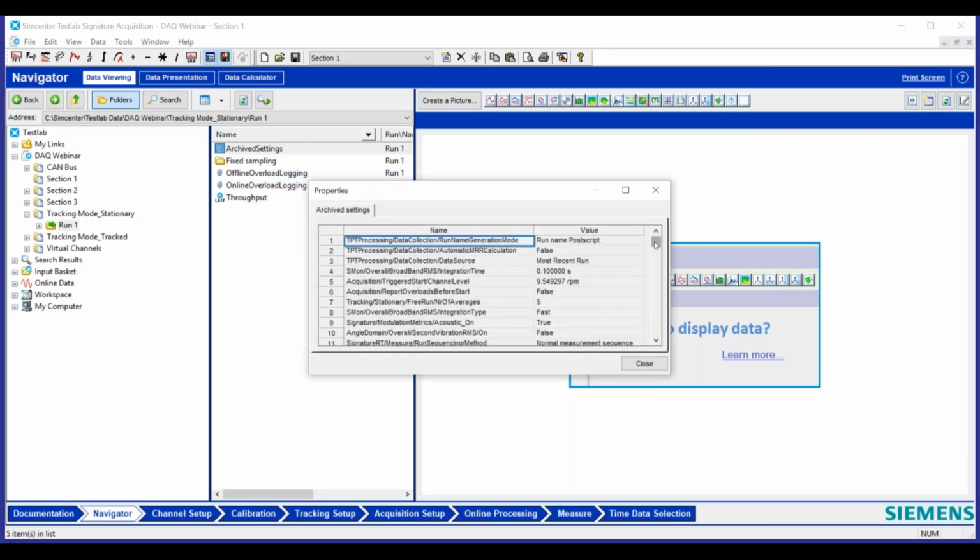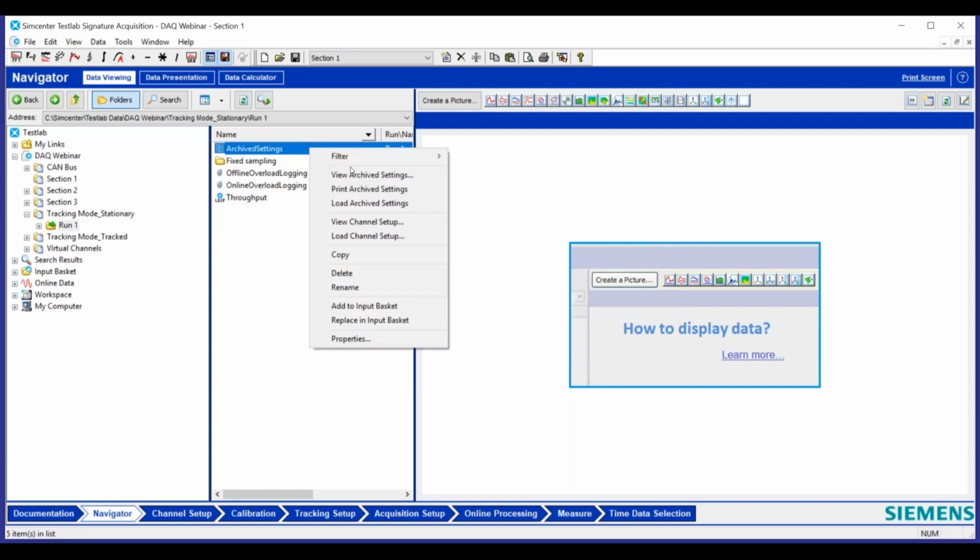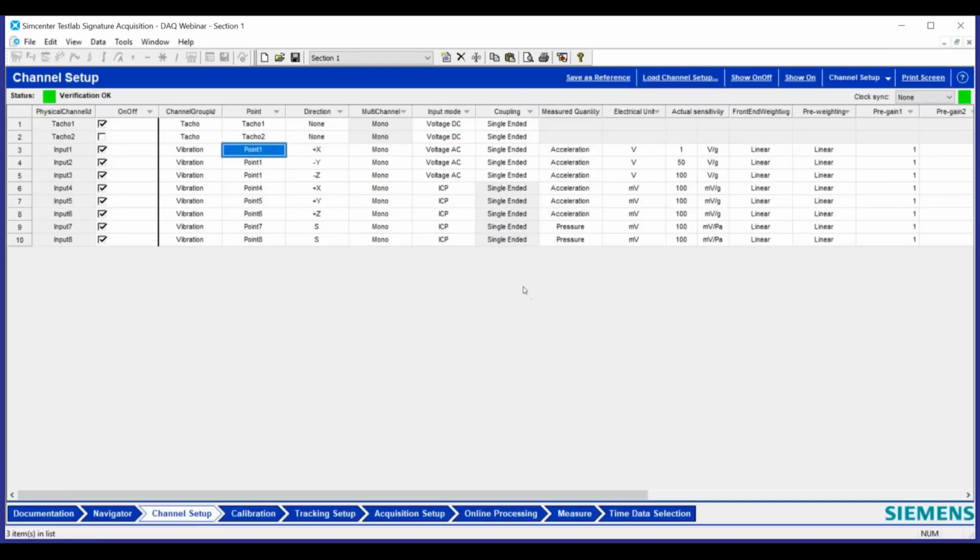And this is not just the channel setup, but all of the data acquisition settings to measure the data. So this is like nearly 600 parameters here. So you could view all those if there were questions about the setup, or you could actually load all of the archive settings as well. Going back to channel setup, those were some of the things I wanted to show you with regard to this particular tab and maybe working with it to make setting up the test a little bit more efficient.